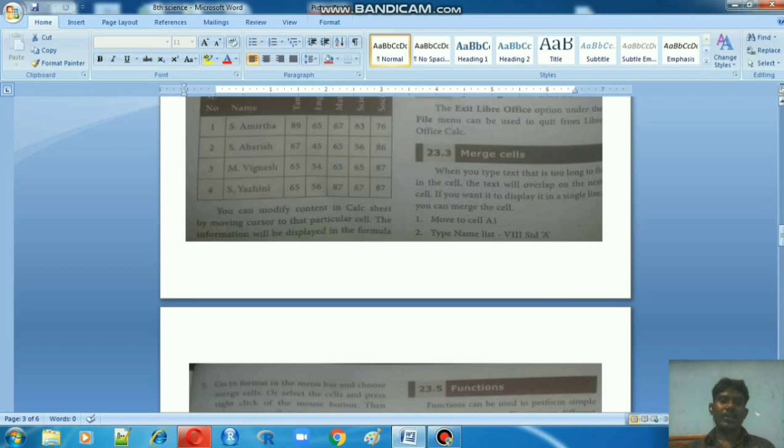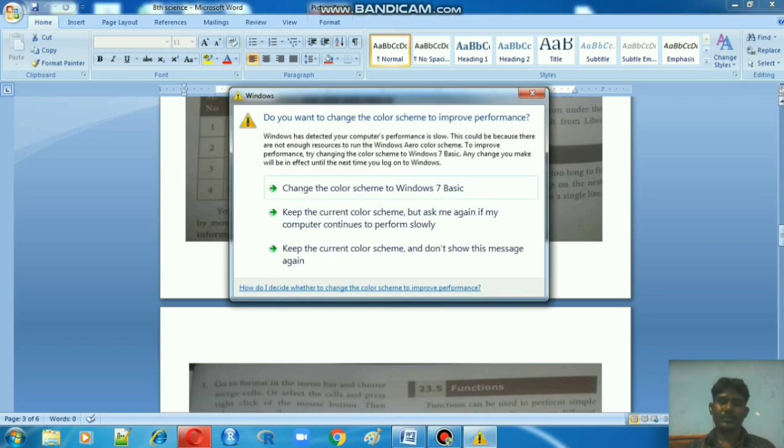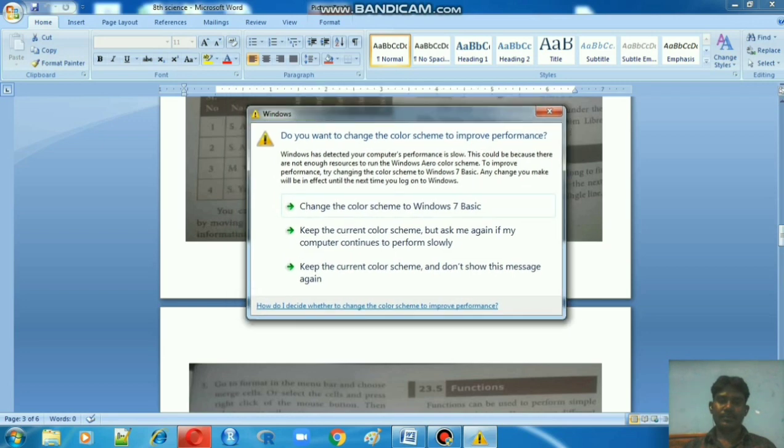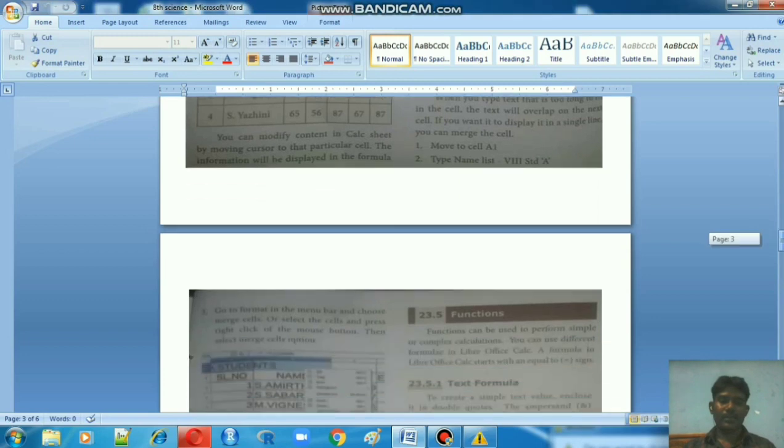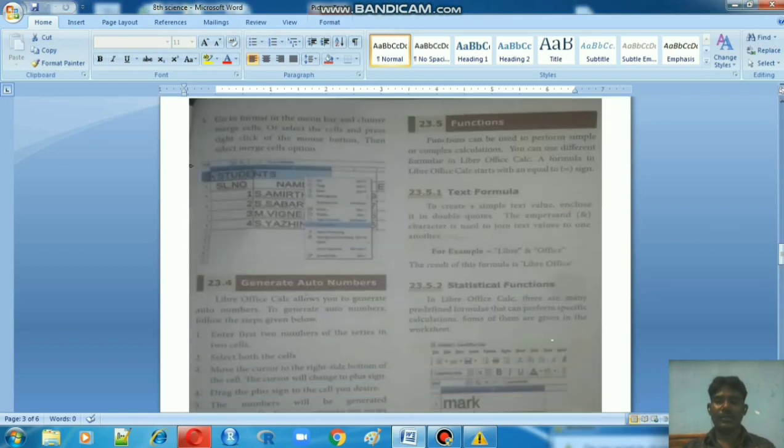When the text becomes long, we have to merge one or two cells, and then type more text in that particular cell. That is merge cells. Move to cell A1, type Name List 8th Standard A. They gave an example, and we have to see all of this in the practical session.